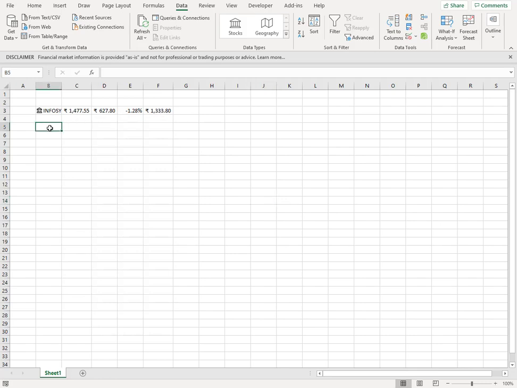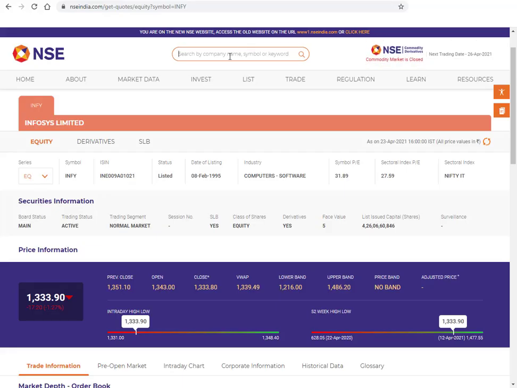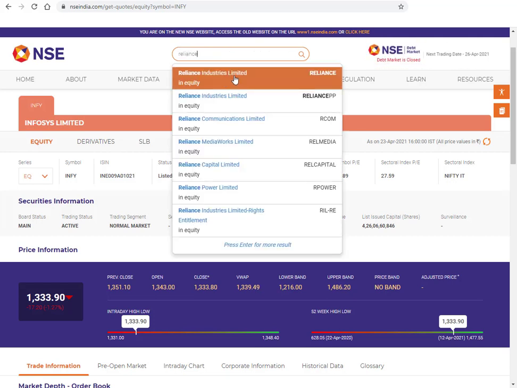So similarly, let's try one more stock. I'll go back to the NSE website. Let's try Reliance. Okay, so this is Reliance Industries Limited, and this is the symbol, Reliance.